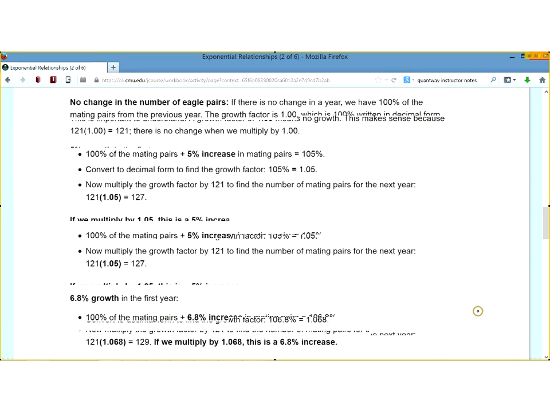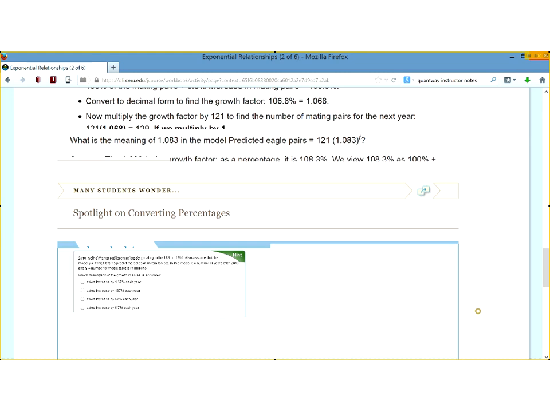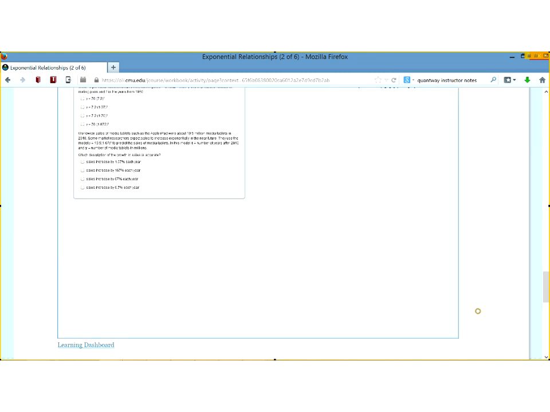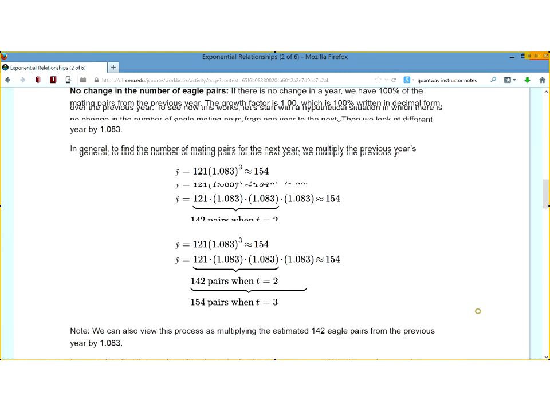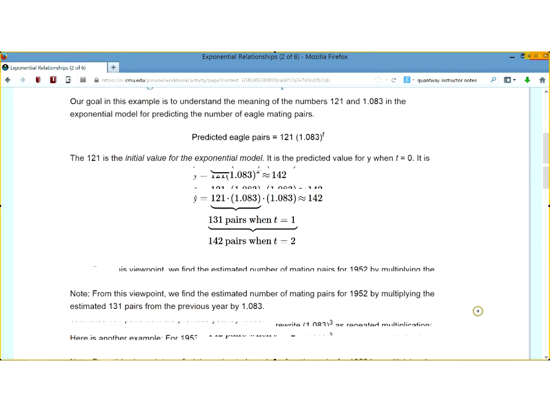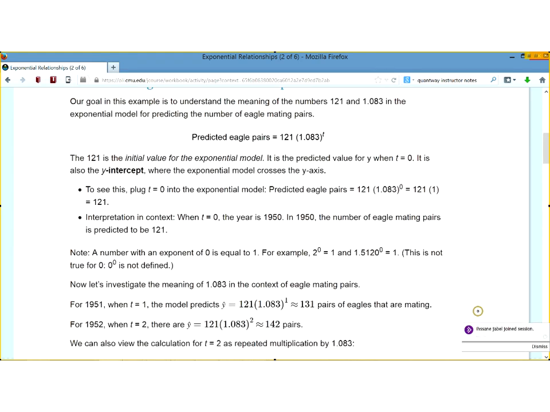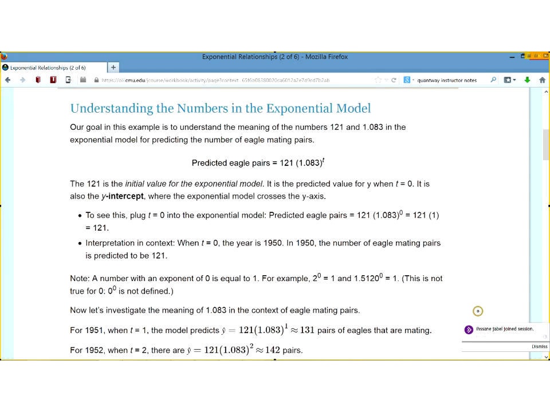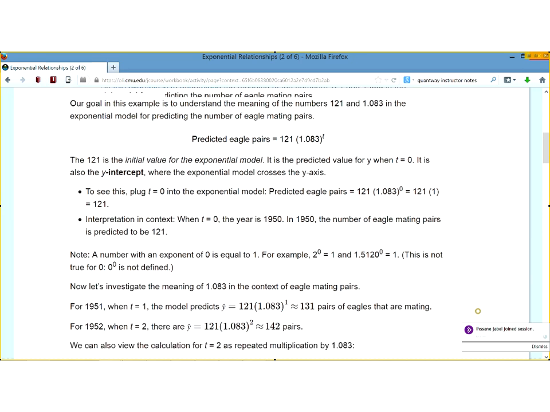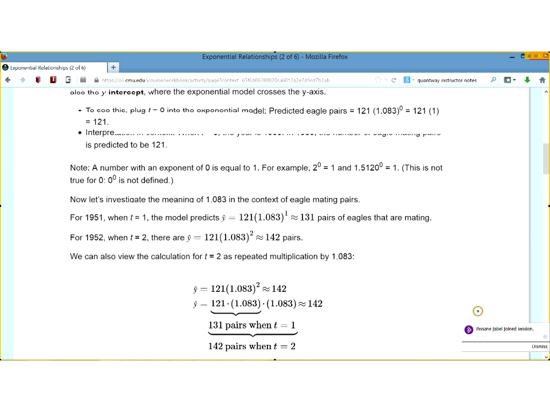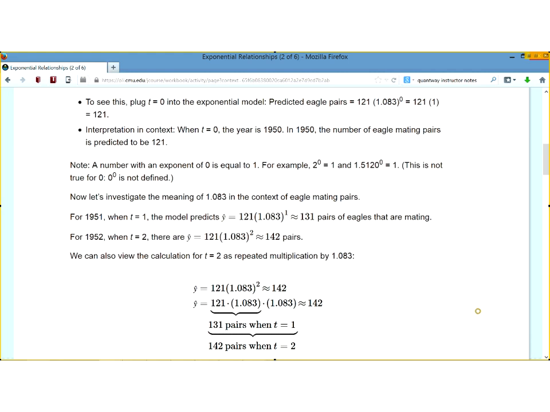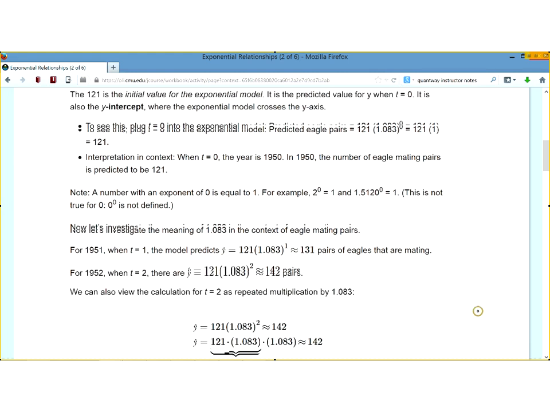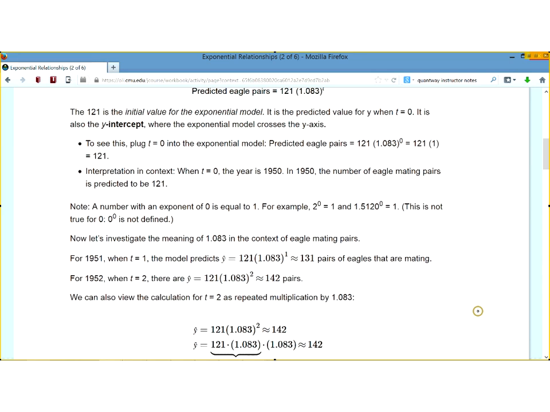Let's see here. It doesn't really look like it. Interesting. No. I think they should have said something about interpreting that 121, because it is dangerous. 1950 is far enough before 1963 that it would be dangerous to use that. All right. Now, as far as the 1.083, I'm not going to go into all the details here, but if you multiply,